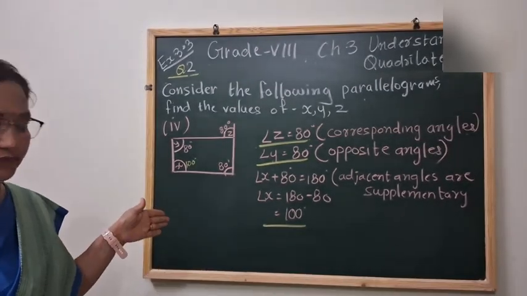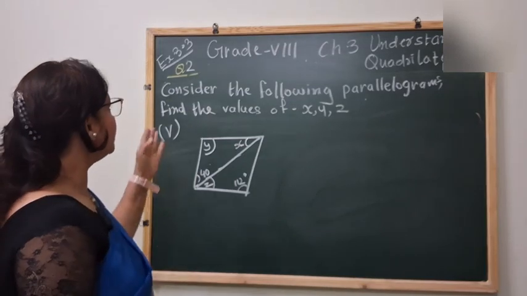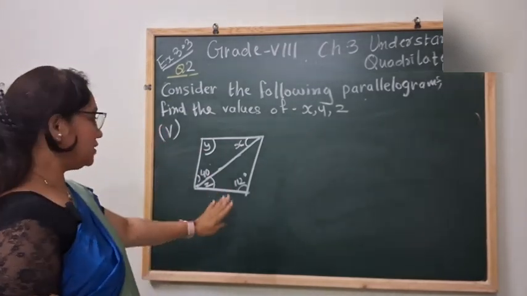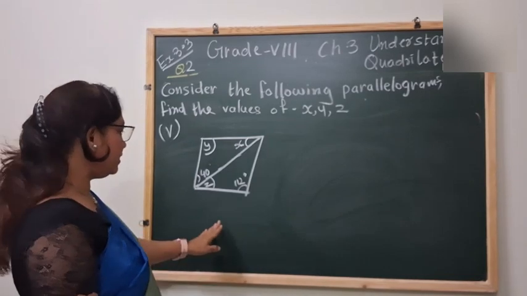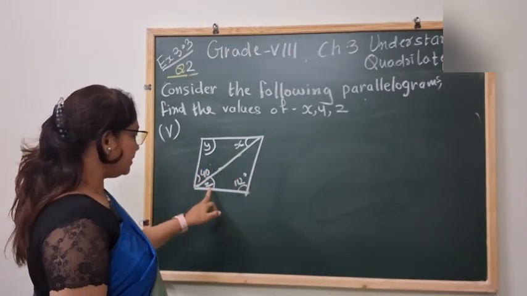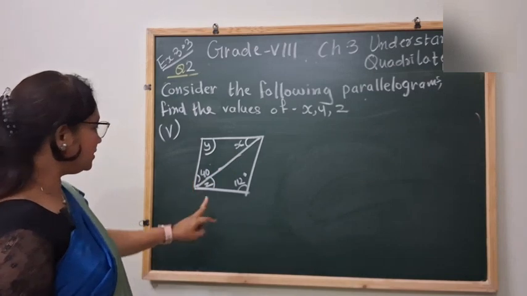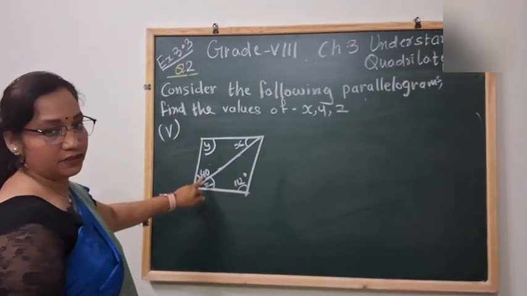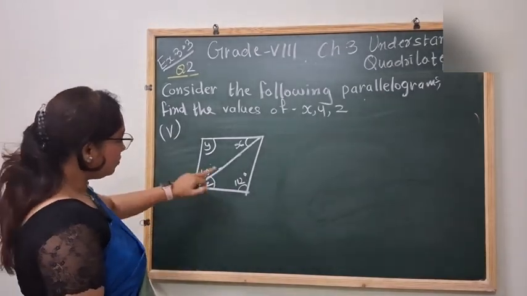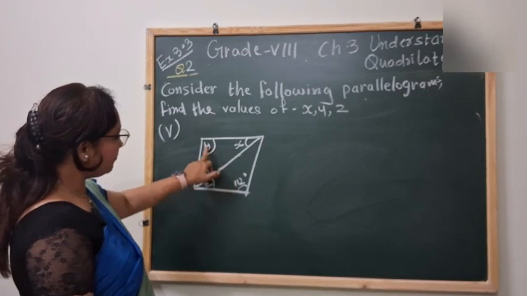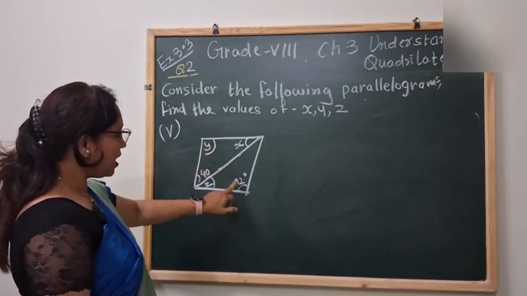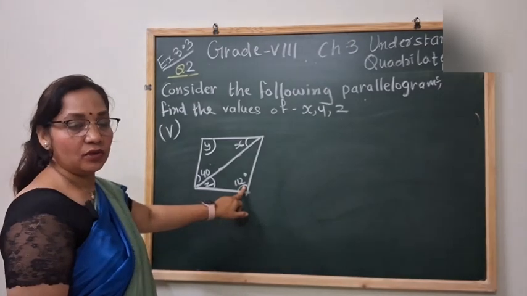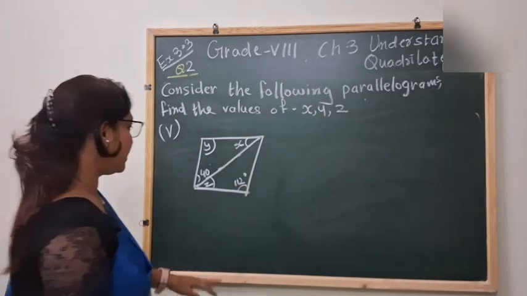Now moving on to the next one. Okay students, 3.3 of question number 2. This is the figure. We are supposed to find angle x, angle y and angle z. And which are the two angles given? We are given this is 112 and this is 40 degrees. So now we can easily make out this 112 and y, these two angles are opposite angles of a parallelogram, and opposite angles are always equal. So can I write